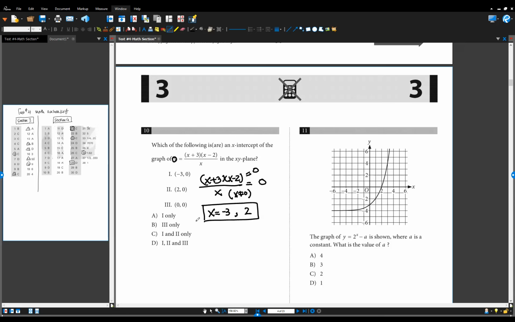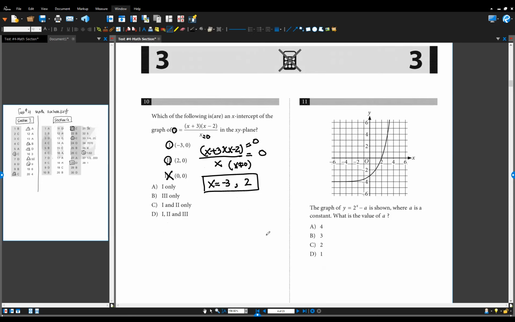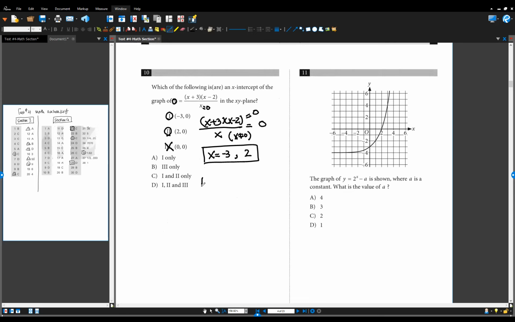values make y equal 0. We know that, right? But x is not 0. If x is 0, that is undefined. That is okay. So this is fine. X-intercept, y-intercept, this is fine, but this is not. 0 and 0 is not an x-intercept. Okay? If x equals 0 over here, that is undefined. That is not an x-intercept. Okay, when you make a graph, let me see. I'm going to make a graph over here. When I make a graph,